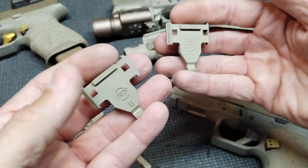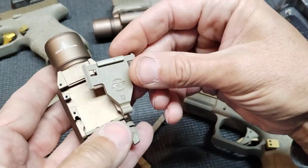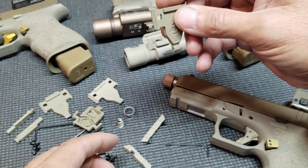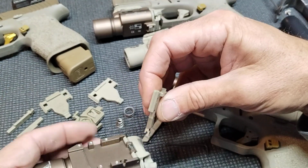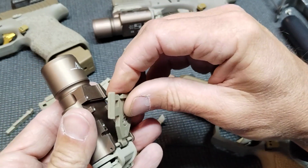I just was going to see if, for the future, if I order one of these and I just want to buy a kit and put it on and not have to mess with painting, if that's the way I want to go. So we're just going to stick this back on, same way I took the one off. Oh, that seems a little...